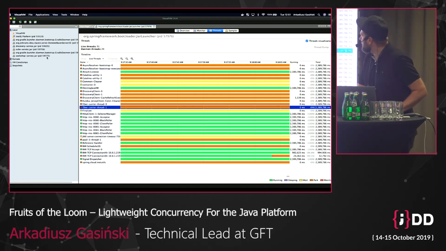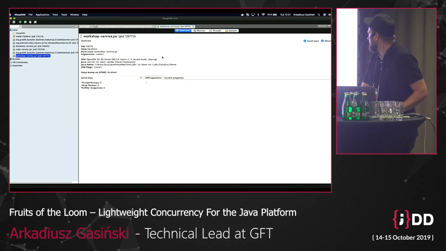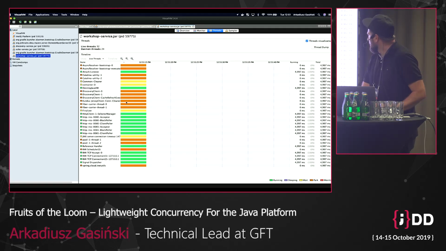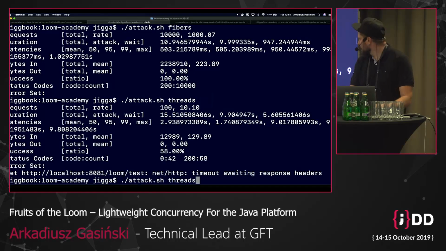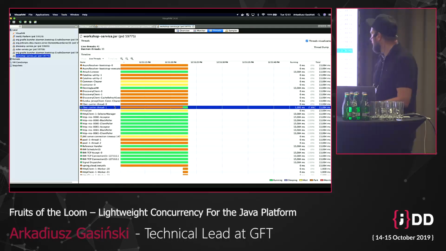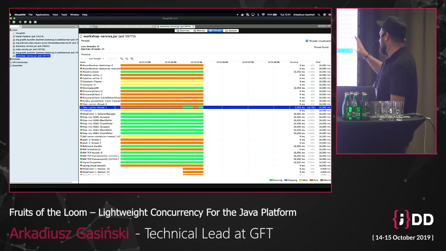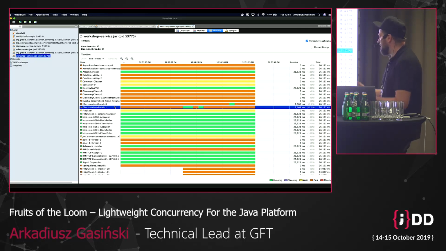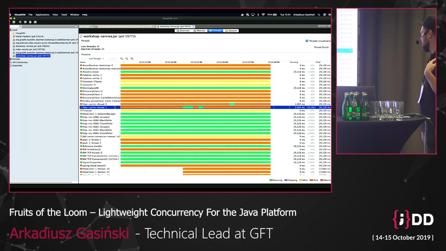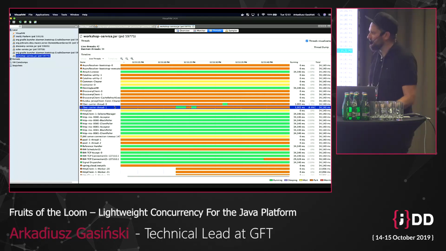And that's because this thread basically waits. So we have our 2 fiber threads. Let me generate some more fiber load. Okay, so it's runnable for a while, but it's actually maybe not waiting, but it's parked most of the time, right? So it does some job from time to time to handle the incoming traffic of 1,000 requests per second, but it's actually parked most of the time because it doesn't have to do anything.